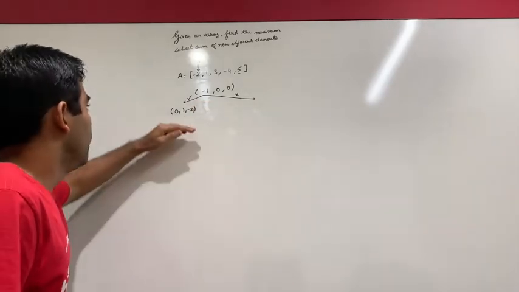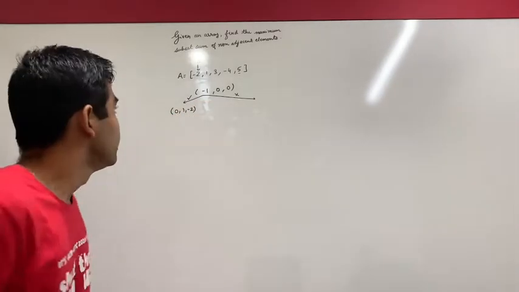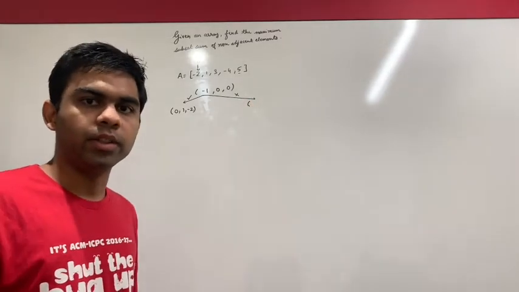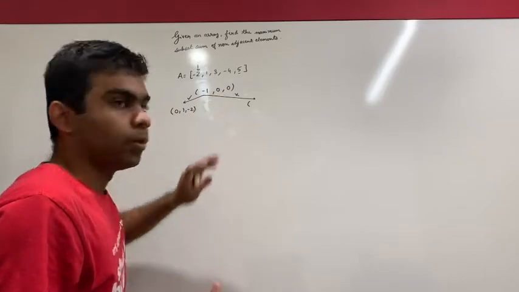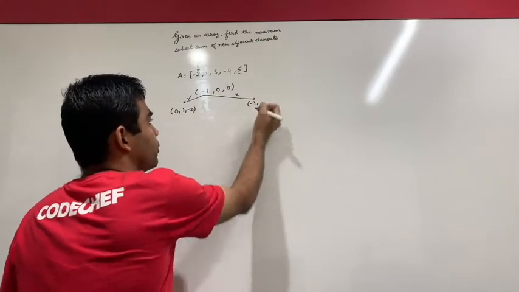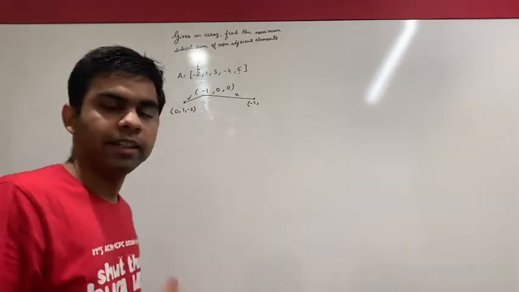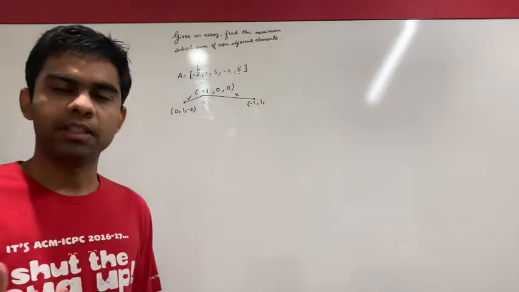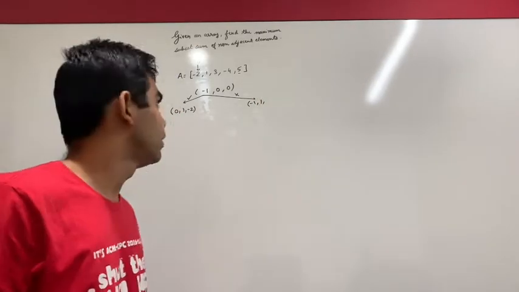And in the second case, I'm not choosing the element at the 0th index. So my last taken index will be -1. My current index will be incremented by 1, which is 1. And my sum will remain as it was in the previous case, which is 0.